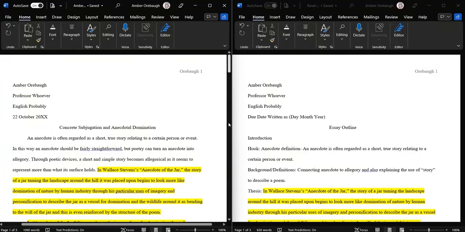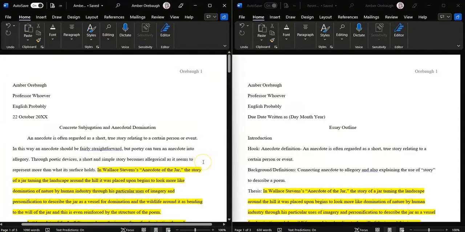For this example, I am using a pretty short MLA style essay, but even if you're working in APA or if you are doing some type of research assignment, this was just a little bit of literary analysis. You'll find that going back and checking for at least these similar types of concepts will help a lot with making sure that you actually talked about everything that you needed to talk about. It can also help you make sure that as you were going through the essay, you didn't stray off topic or anything like that.